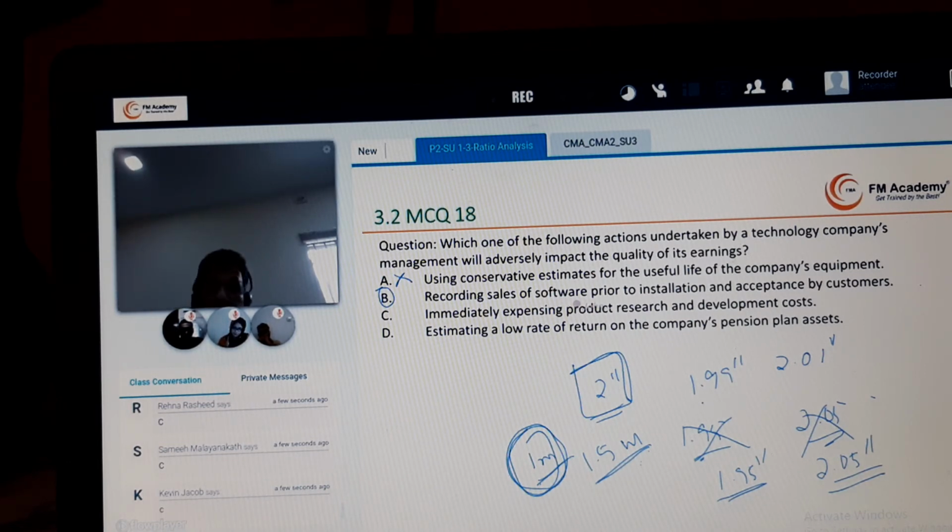So this is also positively impacting the quality of earnings. Then estimating low rate of return on the company's